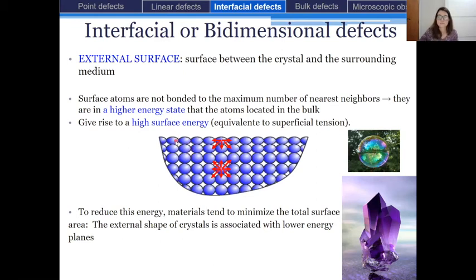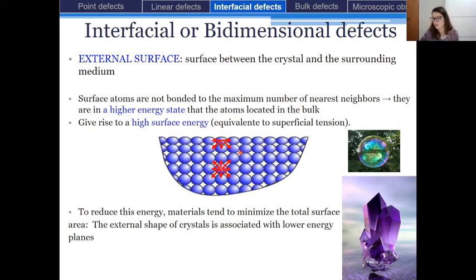To reduce this energy, materials tend to minimize the total surface area. For example, the external shape of crystals is associated with lower energy planes. The surface energy can be calculated and measured, and it is expressed in joules